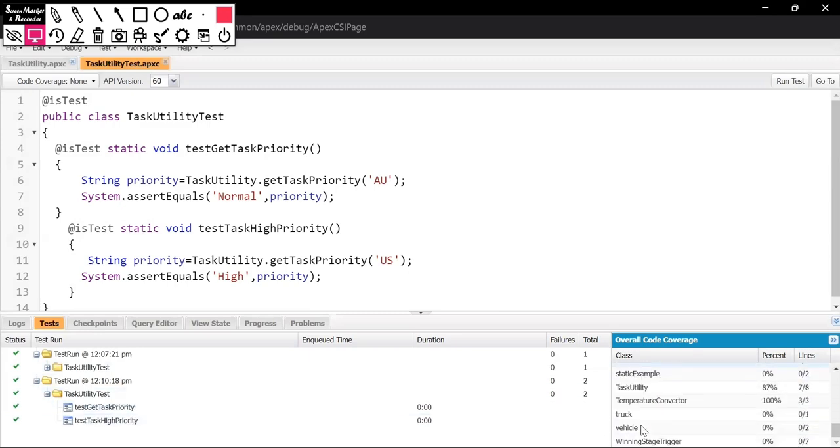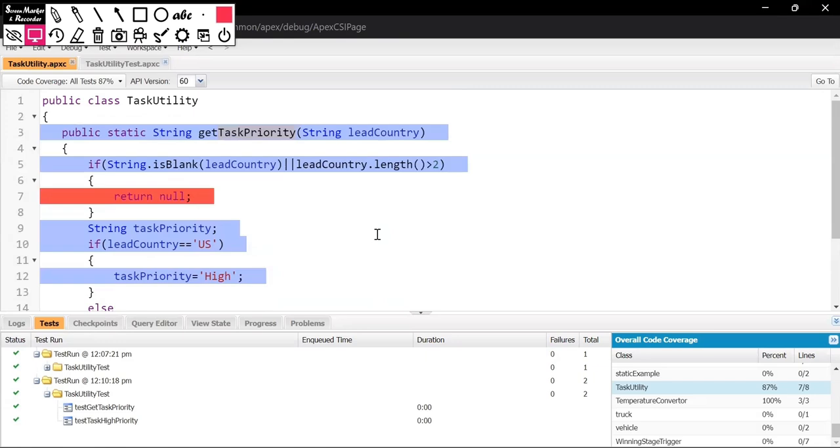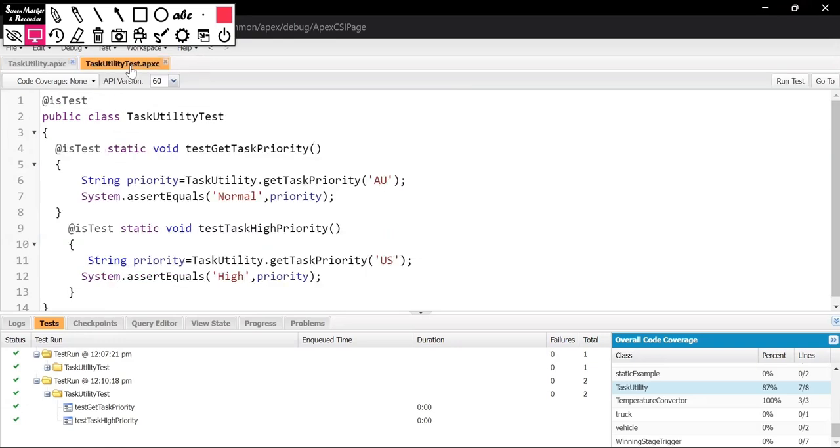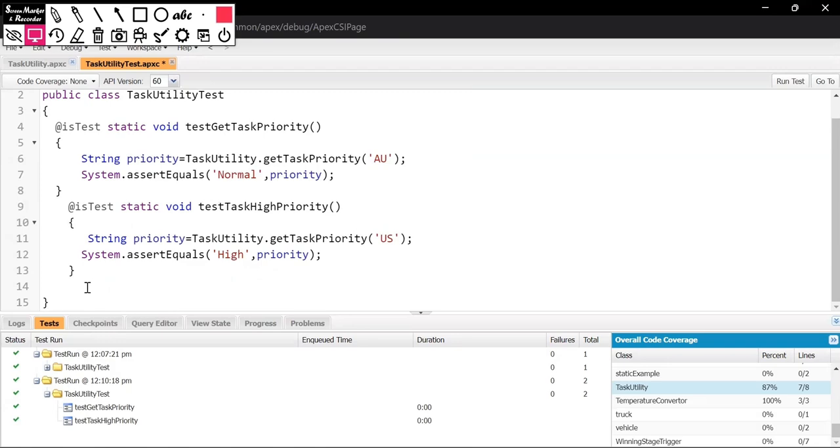And now if you look at it, it is 87%. You still haven't covered everything. You have now covered the high scenario as well. You have already covered the normal scenario. The only thing that we haven't covered is this null. So let's go ahead and write another test method in order to check for the null scenario as well. So here I am going to go ahead and create another method,